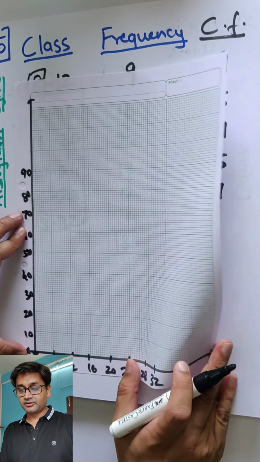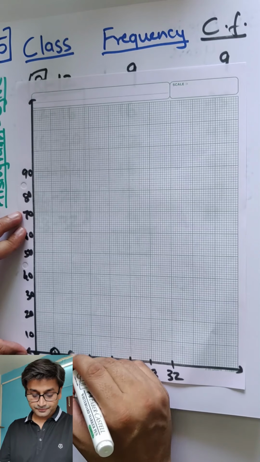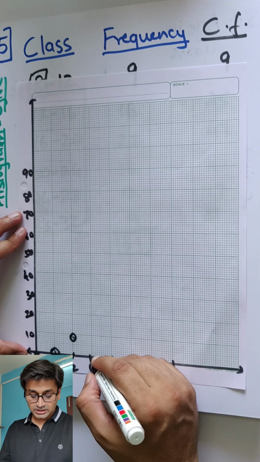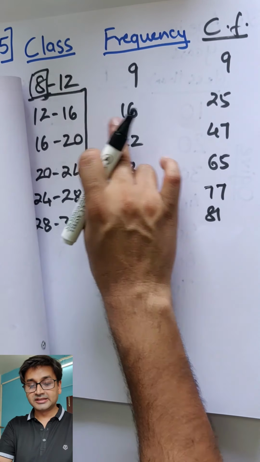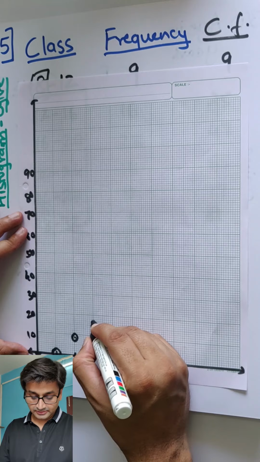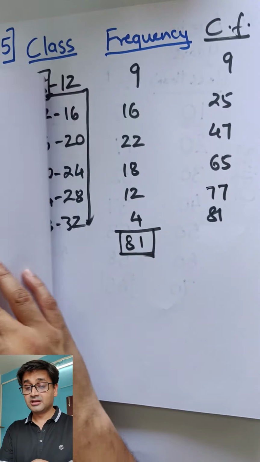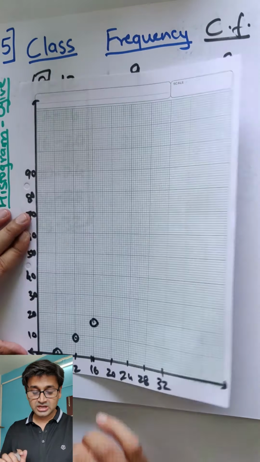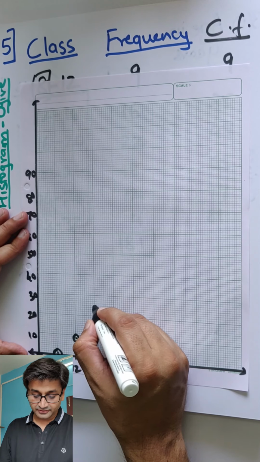Now the reverse L technique. The first one we are going to plot is 8 as 0. Then 12 as 9, so one line down. Again 10 gaps, so only one line is 1 unit. Wait, we made a mistake. See? That's what I was talking about. You're plotting the cumulative frequency, not the frequencies. So this one is wrong. 12 should be 9, 16 should be 25. My bad, sorry. 16 will be 25 right over here.